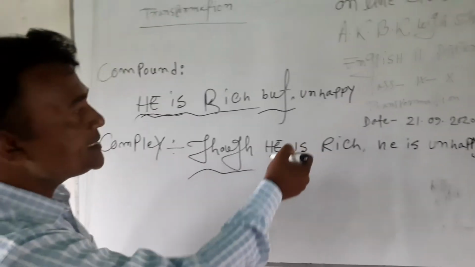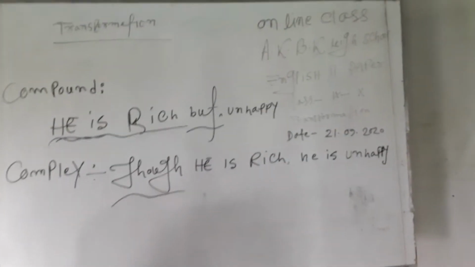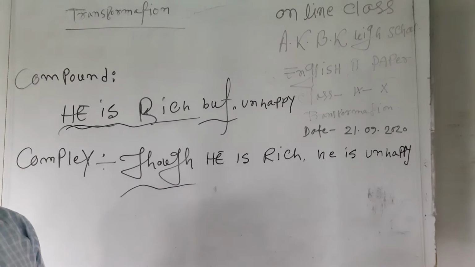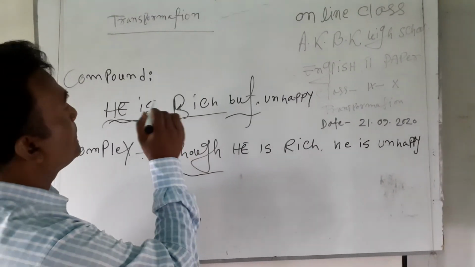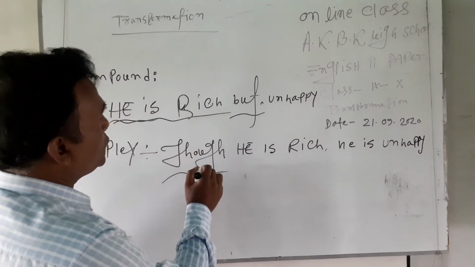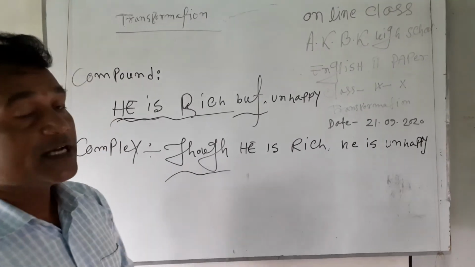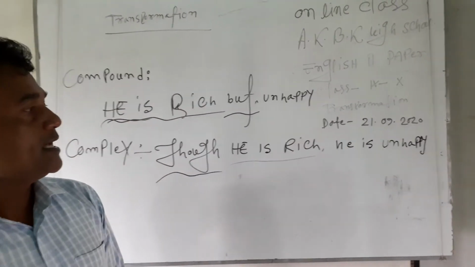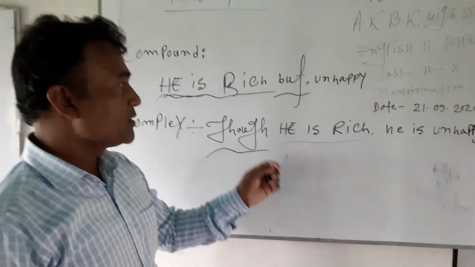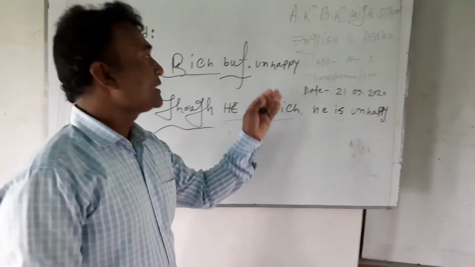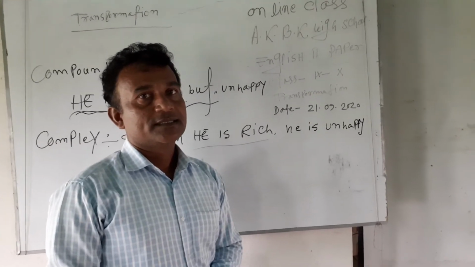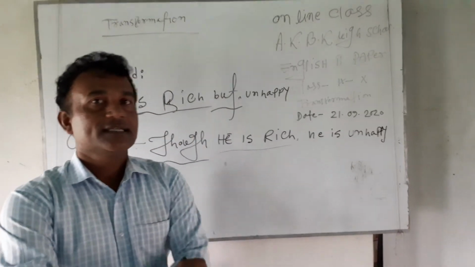So he is rich but unhappy. We can change this sentence into a complex sentence by writing though at the first part of the sentence, then the first part of the sentence, which is he is rich. Then the subject and to be of the first part of the sentence, and the last part of the sentence is unhappy. So dear listeners, dear students,